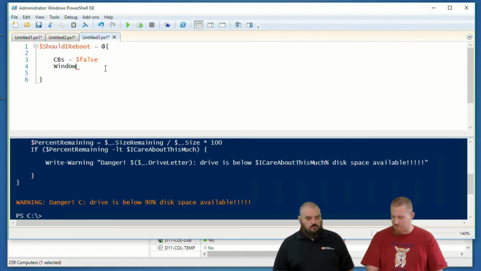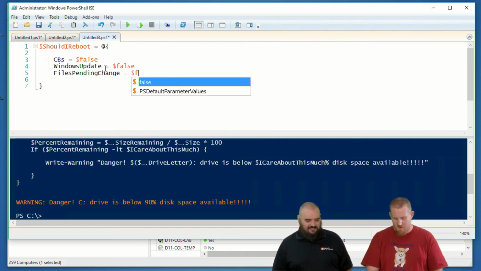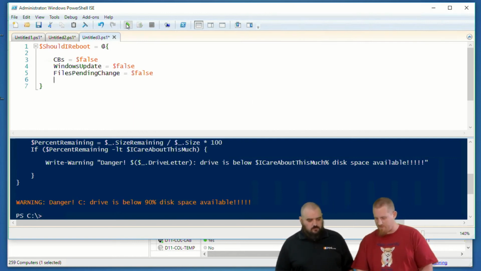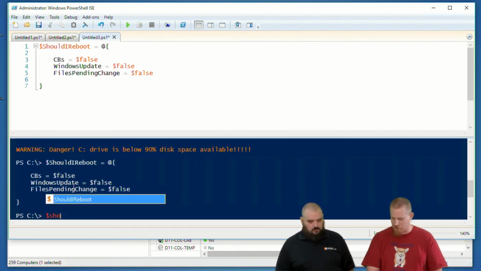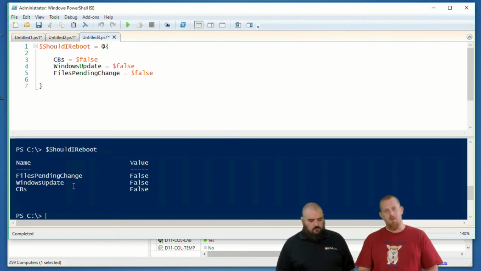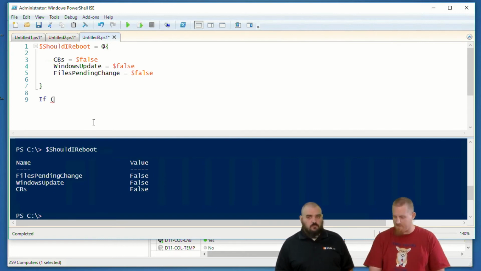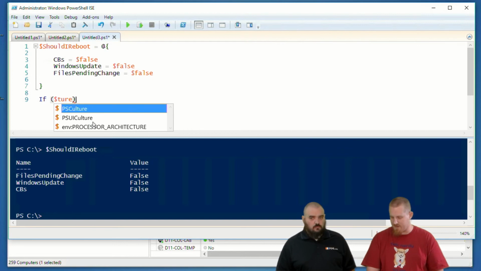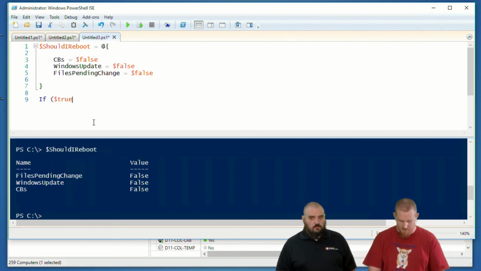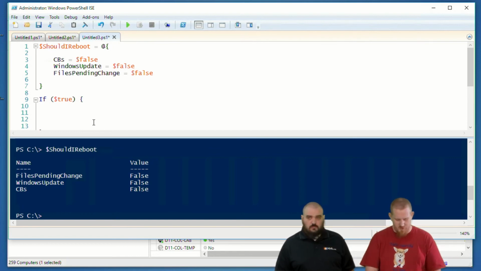I'll have the Windows Update one set to false. I'll have the pending file rename operations, or whatever it is, false. When I run this script, I now have this object called ShouldIReboot that has those three properties as false. I can then go through and say, if condition here, I'm just going to say true, if I could spell. Then I can actually go query those. Like in the case of the CBS, it's in the registry. So Get-ItemProperty,